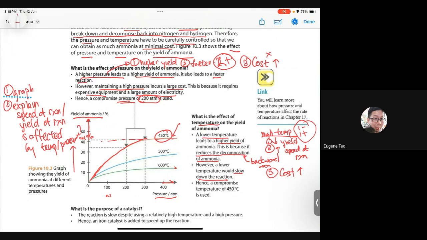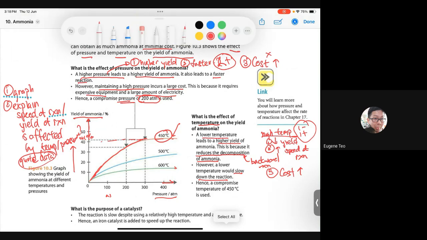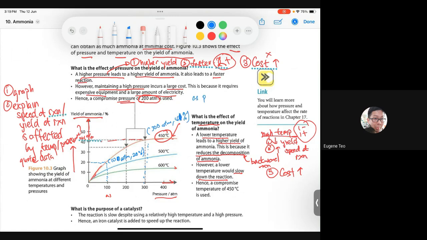And in this explanation, generally, they always ask you to quote data. Whenever you see data in your question, or they say with reference to a graph, you literally go and do this. Okay, then you can say, oh, here is 100 ATM, 20%. Then we have 300 ATM, 41% yield. So you can say as pressure increase,